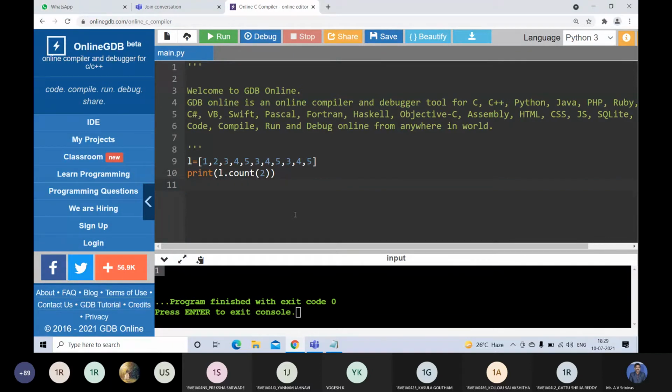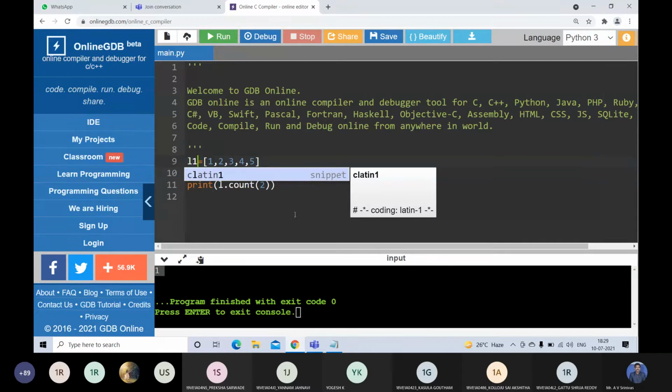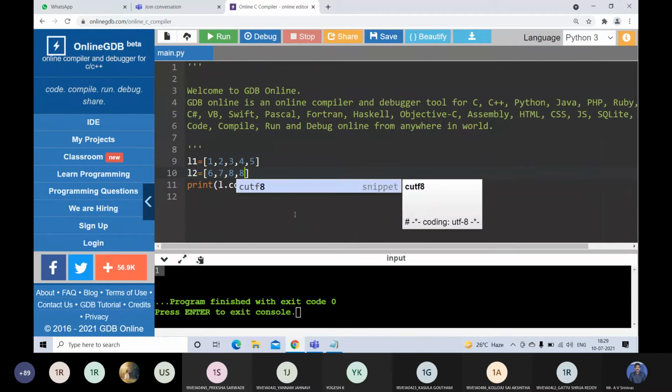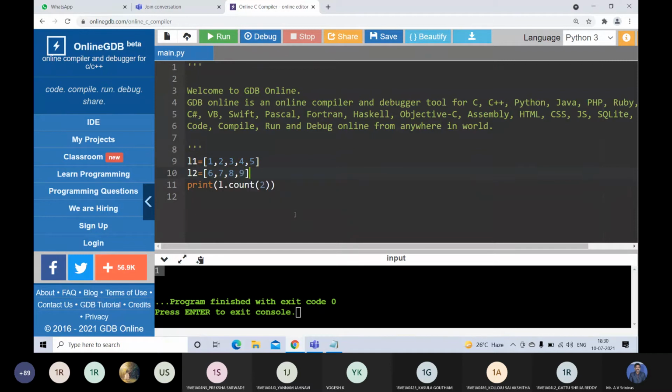Clear, sir. Yeah. And one more operation is concatenation. Suppose we have one list like this, L1, and there is one more list, that is 6, 7, 8, 9. Now I want to concatenate these two lists.